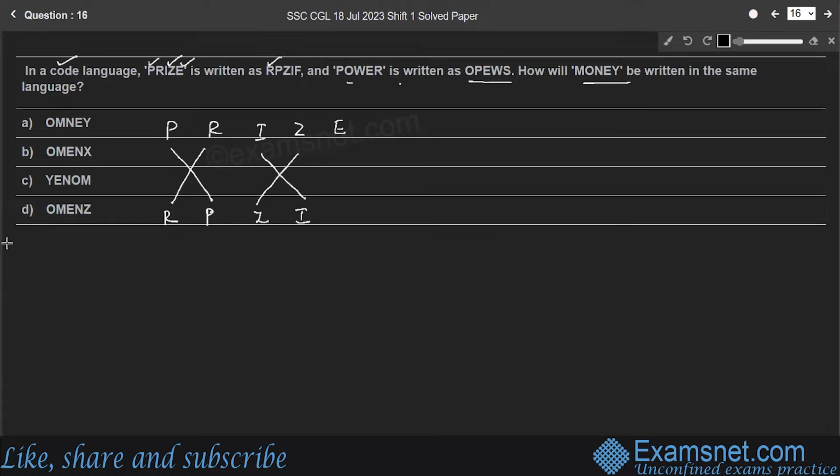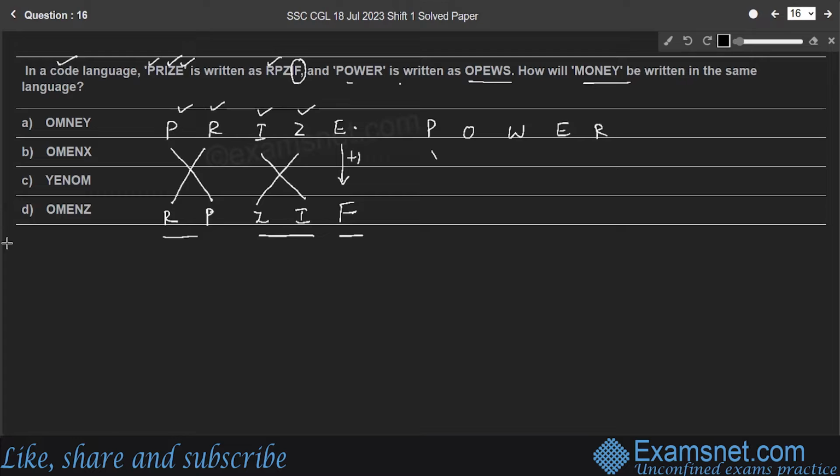Whereas E is coded as F, the next letter to E. According to the alphabetical series, the next letter to E is F. Therefore, PRIZE is coded as RPZIF. Here, the first two letters should be interchanged, the third and fourth letters should be interchanged, and the fifth letter should be coded as its next letter, so E plus 1. Similarly, power,